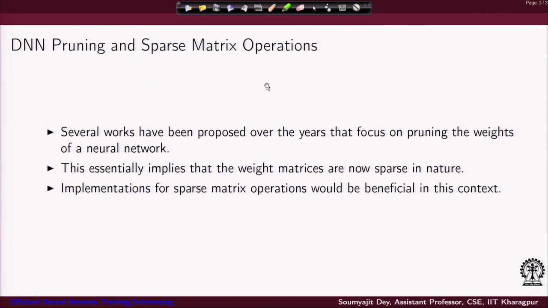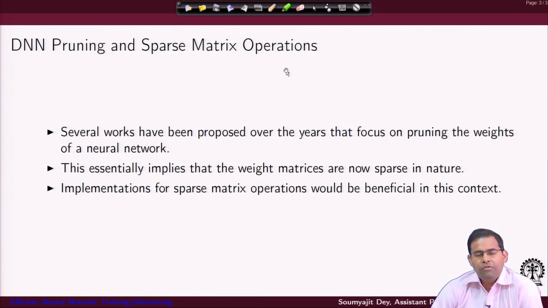Because people have often found that pruning neural networks is actually useful, right? If DNNs can be pruned and the resulting matrices can be sparse, then that can lead to many nice sparse matrix based operations which are often found useful.